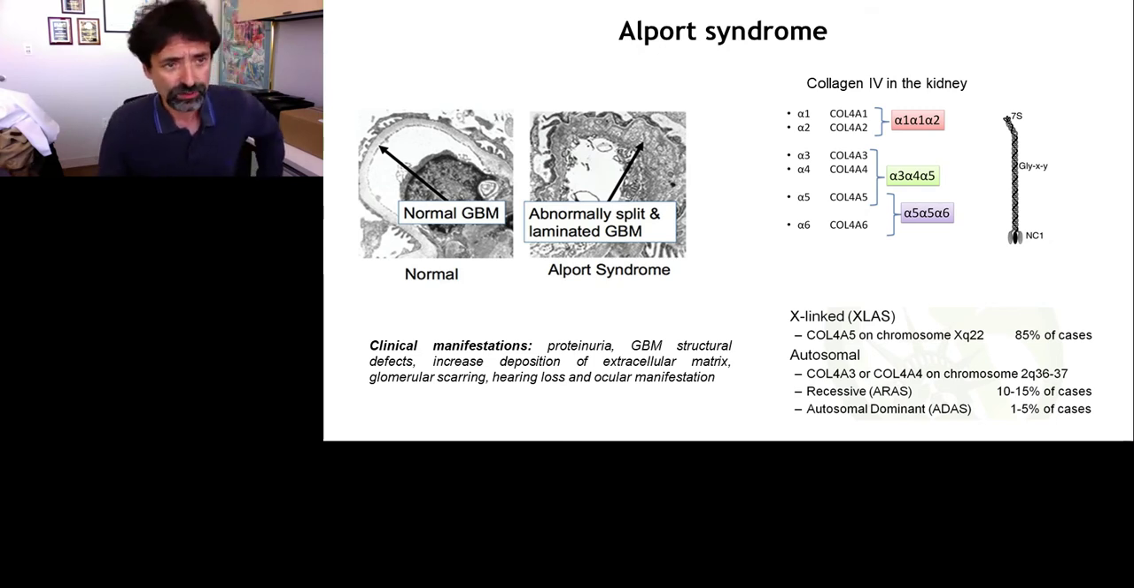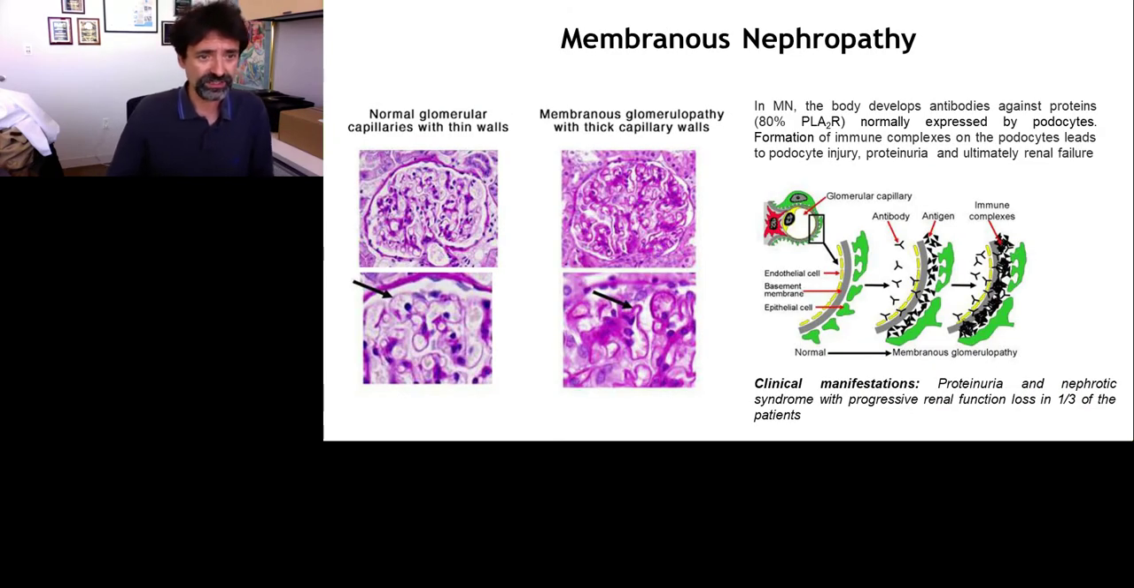The second disease we focused on is membranous nephropathy. As you can see in this representative slide, membranous nephropathy is associated with a thickening of the glomerular membrane in the kidney, and this is due to the presence of antibody against podocyte proteins. In most of the cases, against one podocyte antigen that is called PLA2R, or phospholipase A2 receptor, and the formation of the immune complexes in situ on the podocytes leads to podocyte injury and then proteinuria or protein loss and